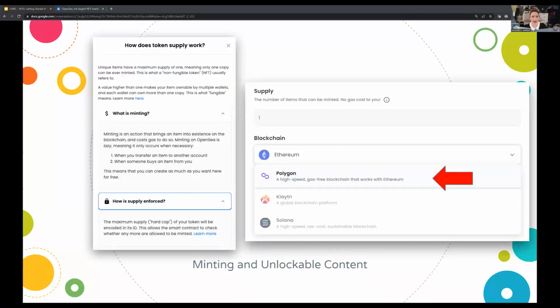Or there's Clayton. Clayton is another kind of blockchain. The Clayton Foundation is the website, which is an open source public blockchain. And then you can mint on those blockchains instead. So this is going back to that question that we had earlier from Charlotte, I believe. If you're using a certain kind of wallet, then you'll be able to mint on that particular blockchain. If you use a different kind of wallet, then you can mint on other kinds of blockchains. So I hope that answers your question.